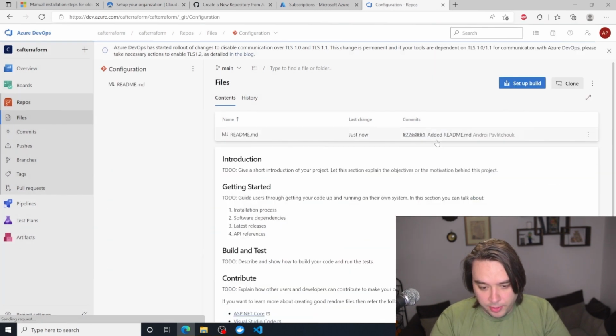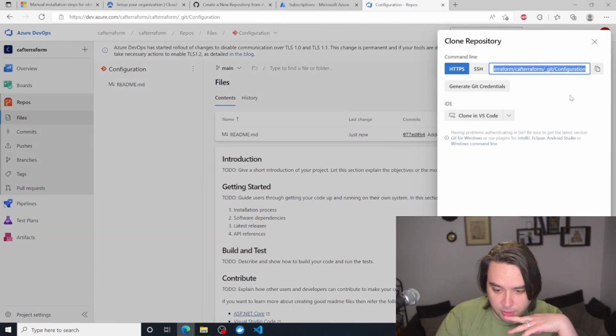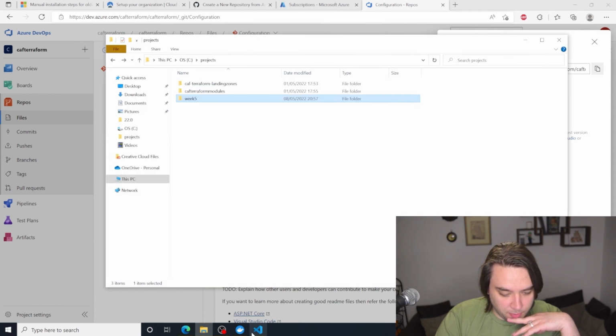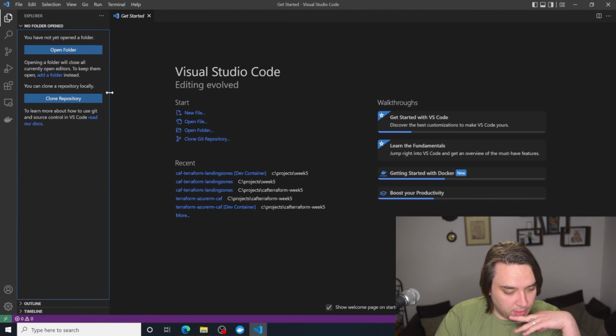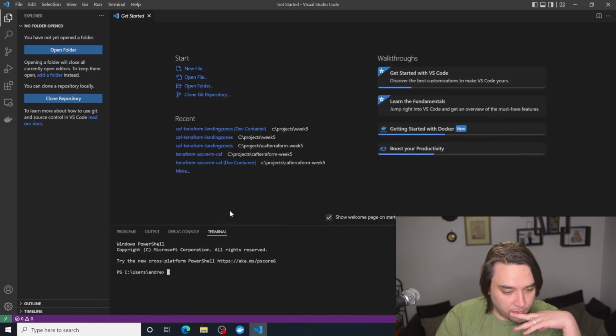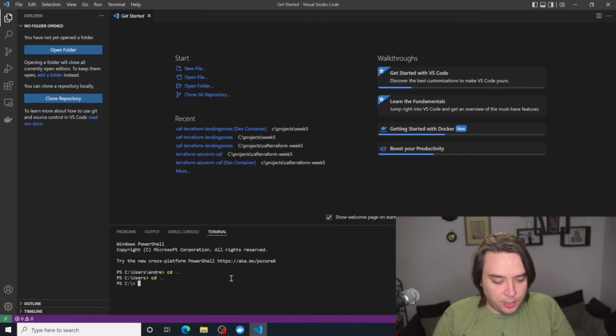Now I'm going to clone the repository again. I'm going to go into Visual Studio Code and into my terminal. cd .. to go to my previous folder.